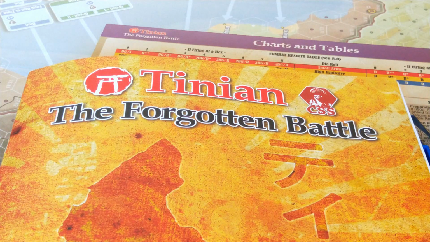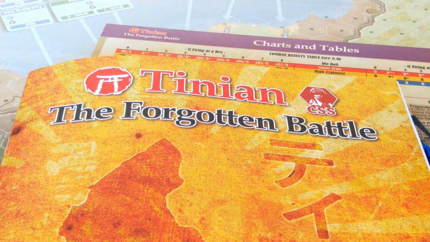G'day folks, and welcome to this session report of Scenario 1 Jig Day from Tinian, the Forgotten Battle. This is part of the Company Scale system, the series designed by Adam Starkweather, with this title designed by Mortell, art by Antonio Pinar, and published by Compass Games. Now, this scenario covers the first day of the invasion of Tinian on the 24th of July 1944, and